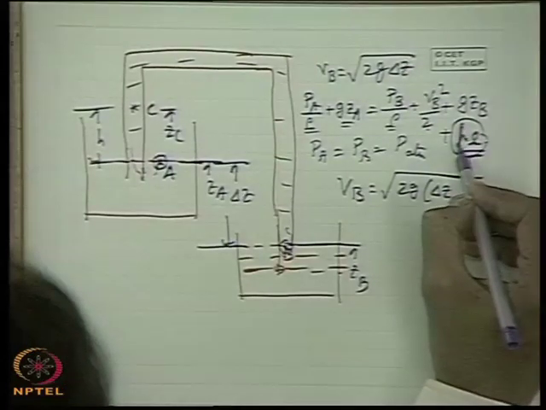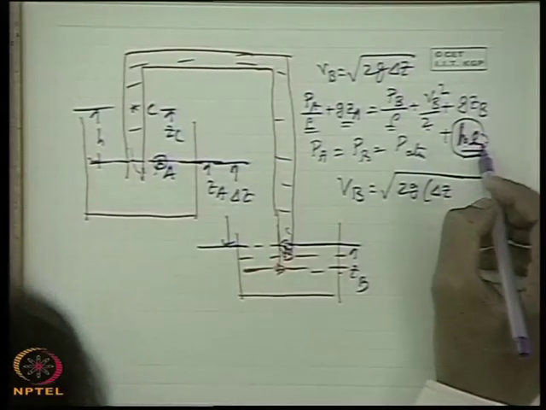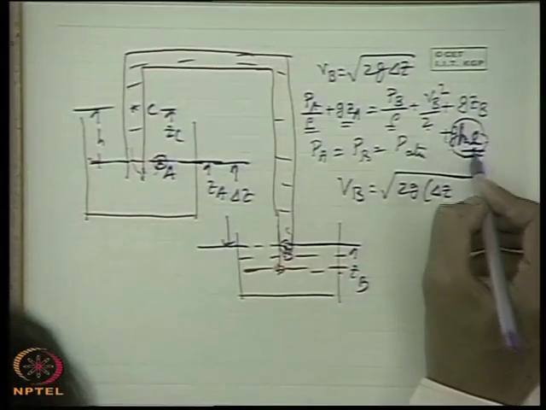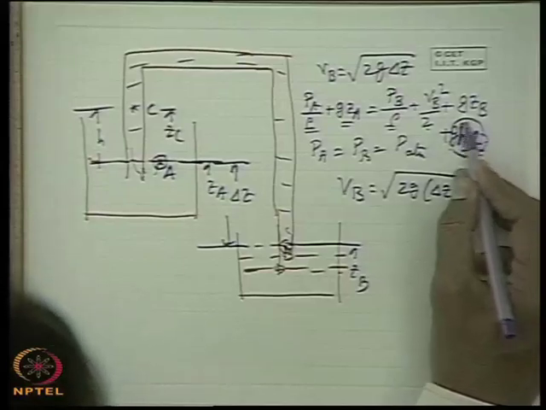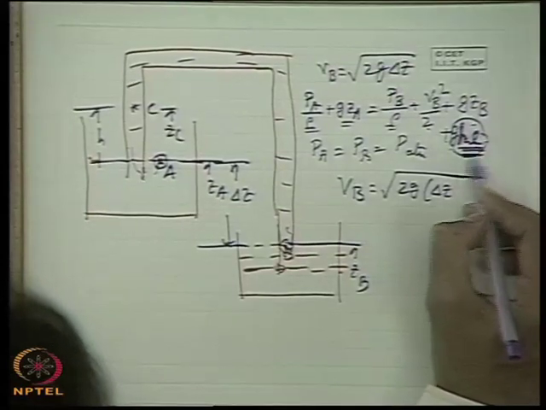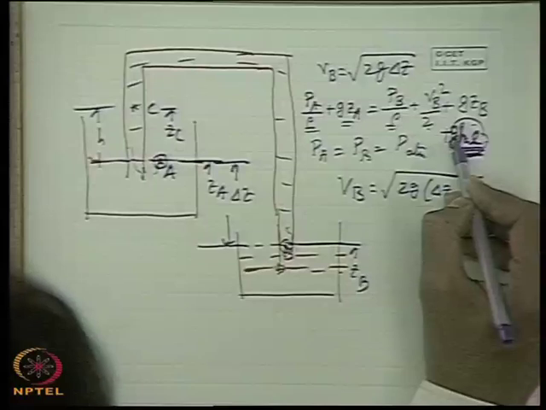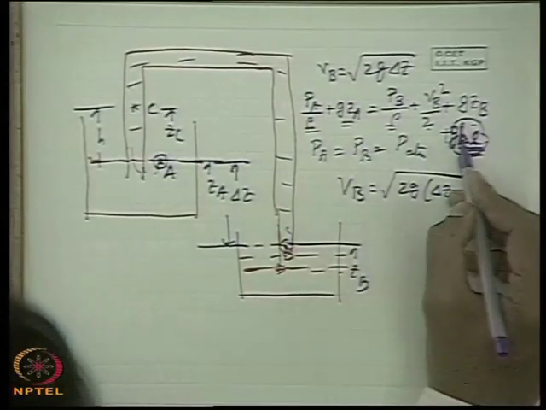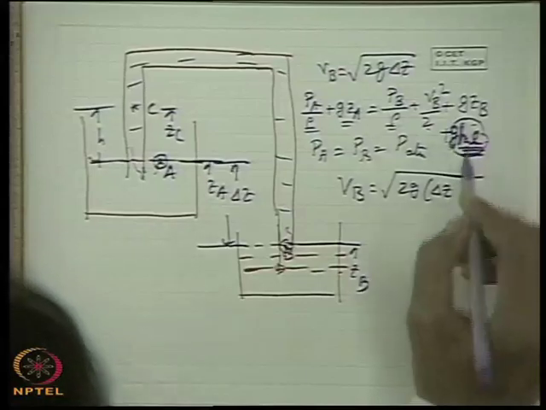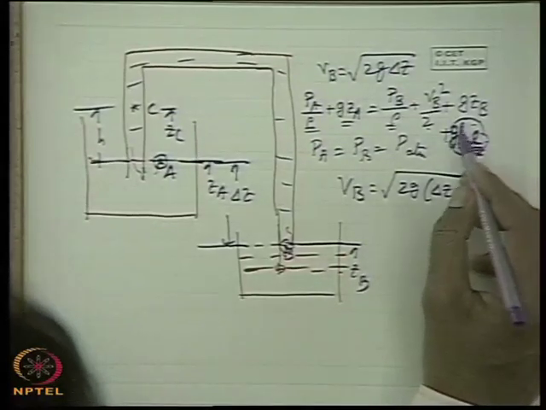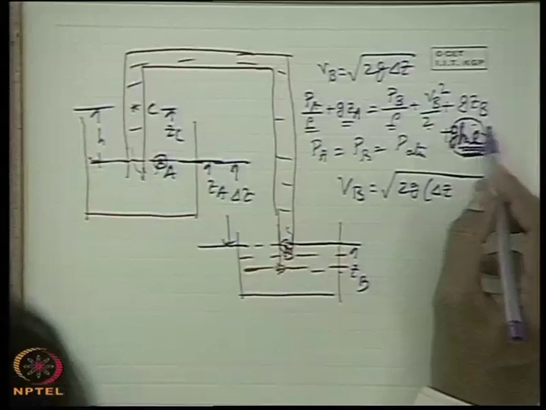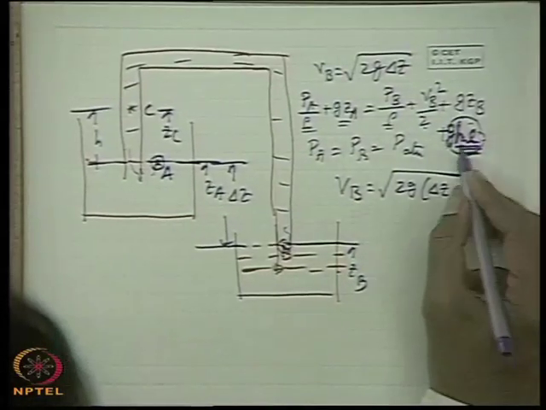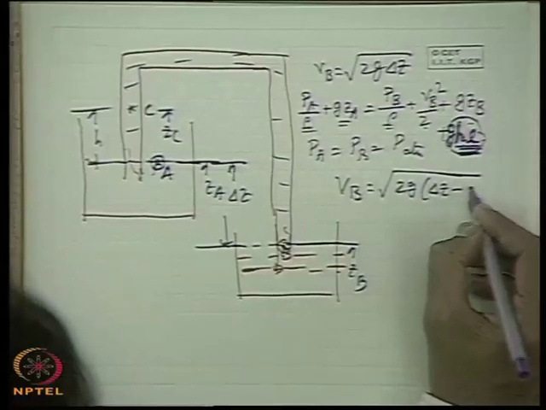Usually energy loss is written in terms of per unit weight. This is the nomenclature, we write g HL. That means HL is the frictional head loss, that is the energy loss due to friction per unit weight. That is why I multiplied with g, so that g HL becomes the energy loss per unit mass due to friction, because H is usually used to express the frictional loss per unit weight, that is the head whose dimension is meter. So therefore it is 2g delta Z minus g HL.